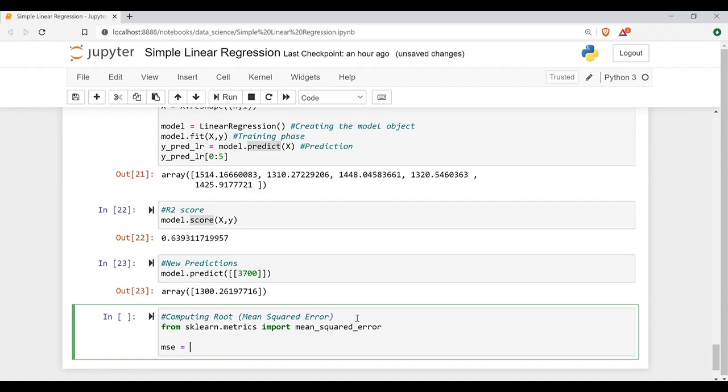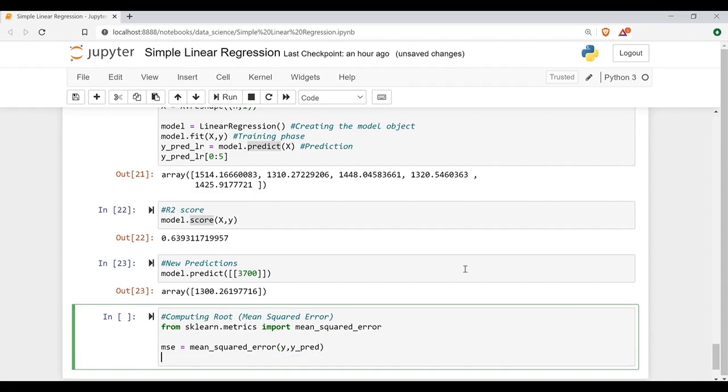MSE we can find by using this mean squared error of y and y predicted. We have the observed y value and the predicted y value, and mean squared error is always found between the observed y value and the predicted y value. So we pass that, and RMSE would be np.sqrt of MSE.